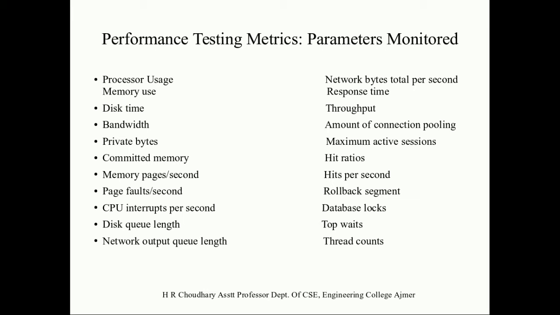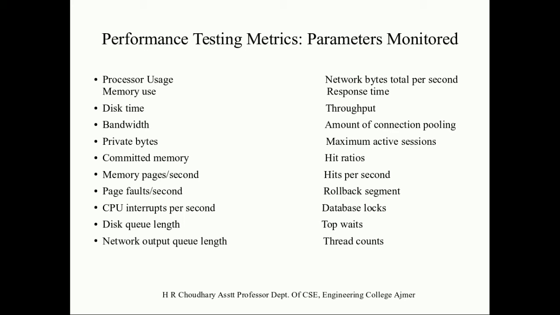After that, we move to committed memory, the amount of virtual memory used. Then memory pages per second: the number of pages written to or read from the disk in order to resolve hard page faults. Hard page faults are when code from the current working set is called up from elsewhere and retrieved from a disk. So this is also important. After that, page faults per second: the overall rate at which faults are processed by the processor. This again occurs when a processor requires code from outside its working set.